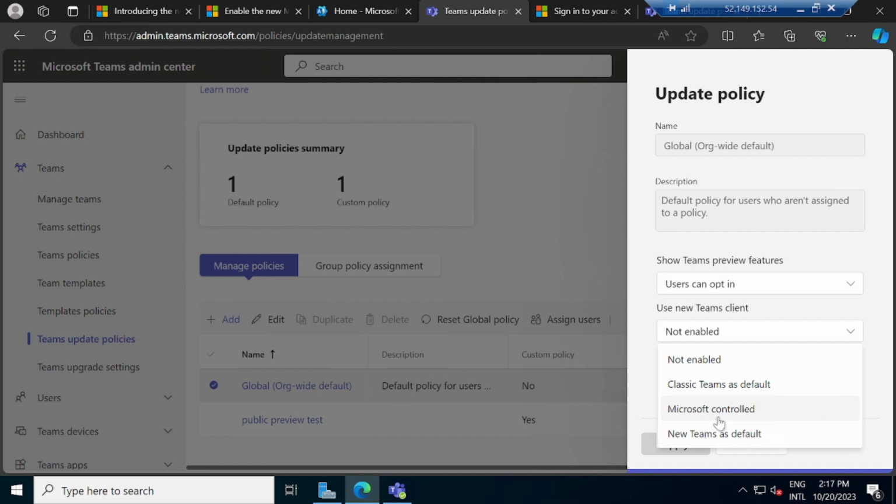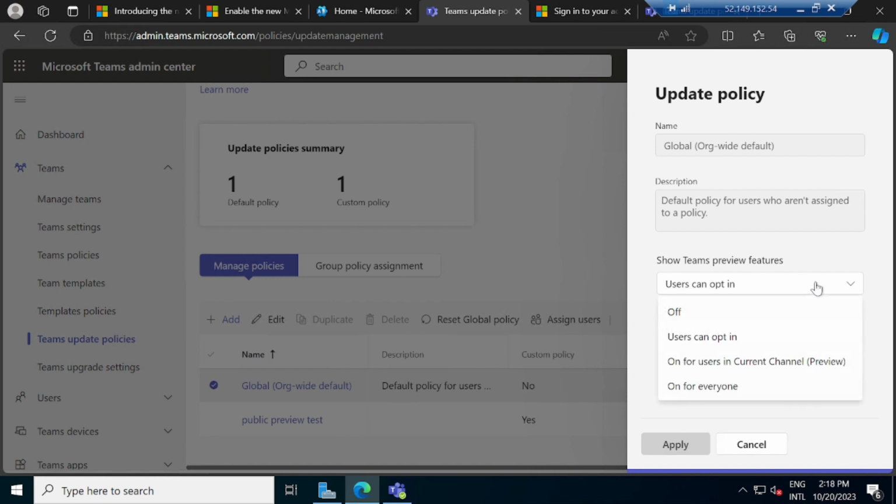And then Microsoft control means, okay, go ahead Microsoft, if you make any changes to the Teams desktop application, go ahead and push it to my users, right? And then this is for you to say, okay, I want to set the new Teams as default. And one very important thing is down here you have the option to opt in and out, right? If you want to turn off opt in and out for users, you turn it off, so they just remain on the new Teams